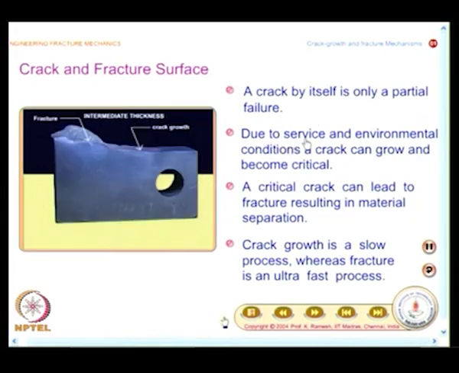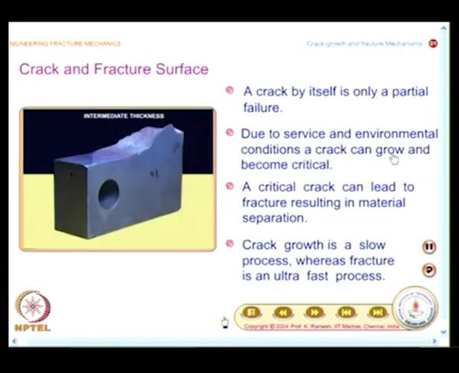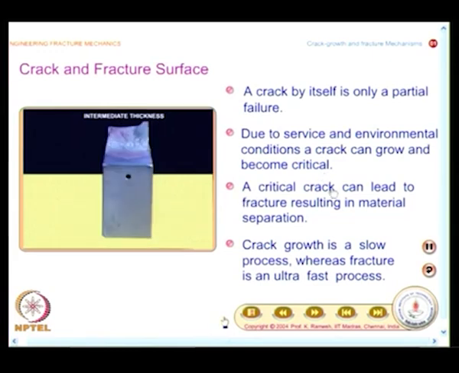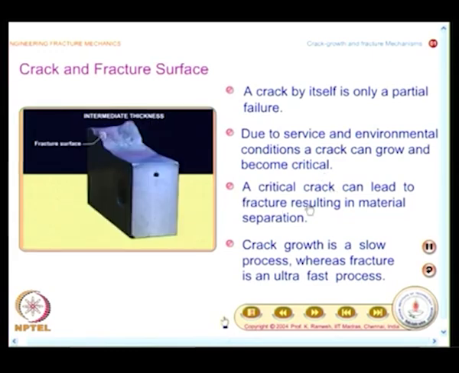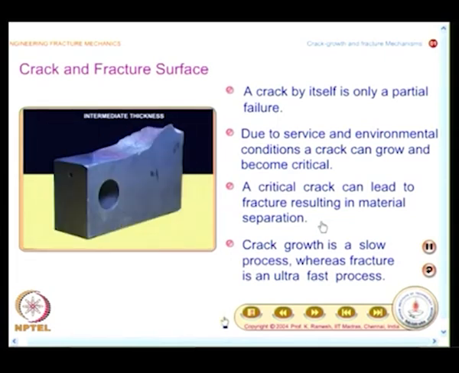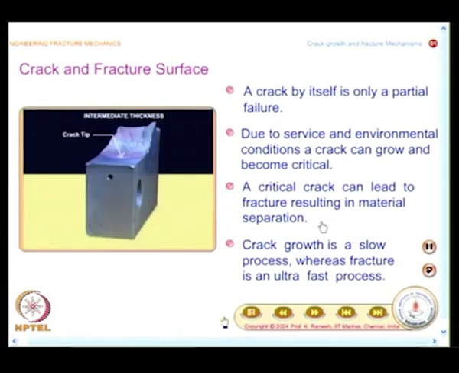Due to service and environmental conditions, a crack can grow and become critical. A critical crack can lead to fracture, resulting in material separation. This is what we have developed very carefully in the overview of fracture mechanics. So you have that knowledge to start with,